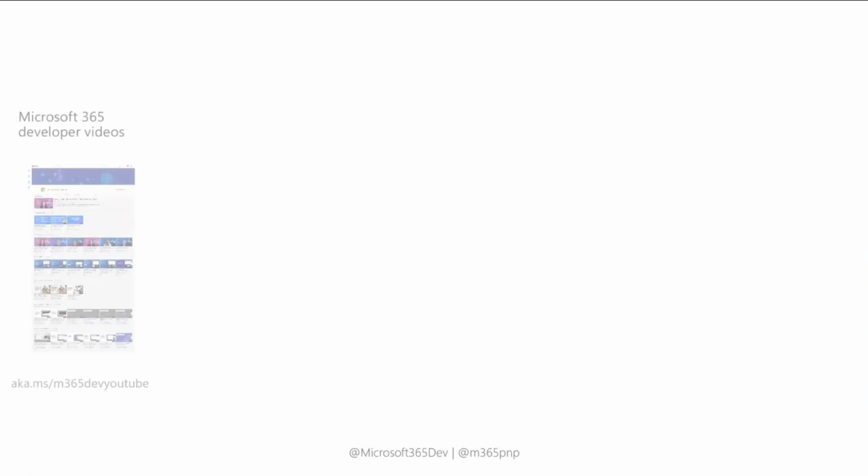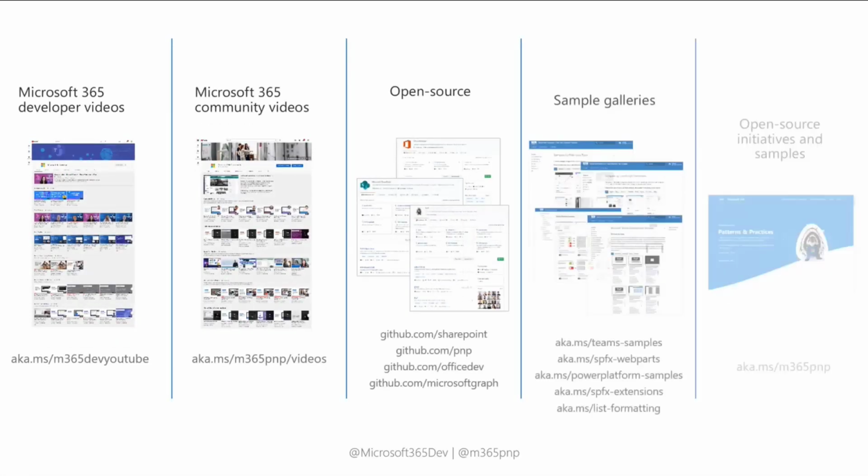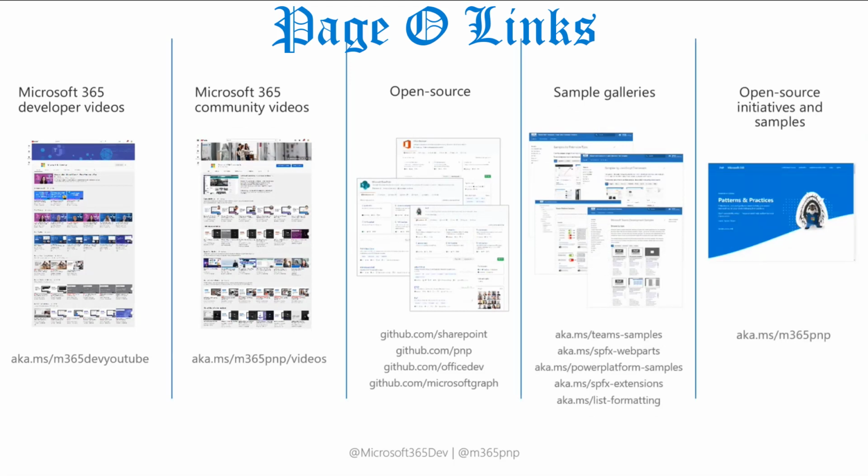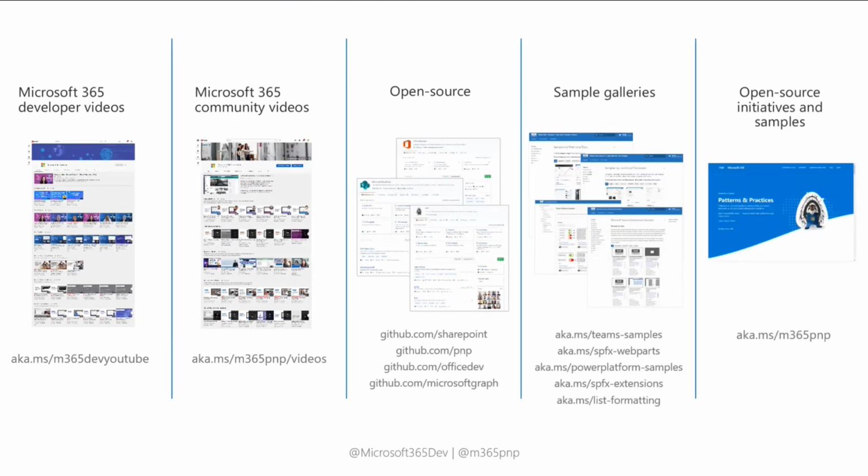As we review the available resources within the community, let's look at our page links. So we've got 2 different distinct video opportunities. The first is the Microsoft 365 developer videos, and the second is the community videos. One is largely created and curated by Microsoft, and the other are the community videos such as this. So as things get created by those in the community, they will live there in the community video YouTube location.